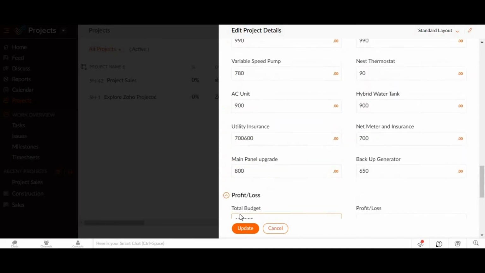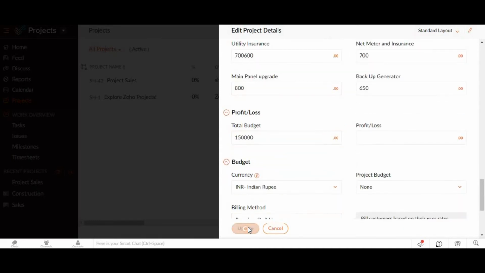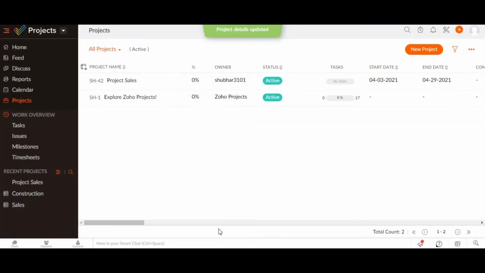Now I'll update my project. Since we have used Zoho Flow here, it will reflect the result after 3-4 minutes, which is standard functionality. So I'll execute my flow manually here.